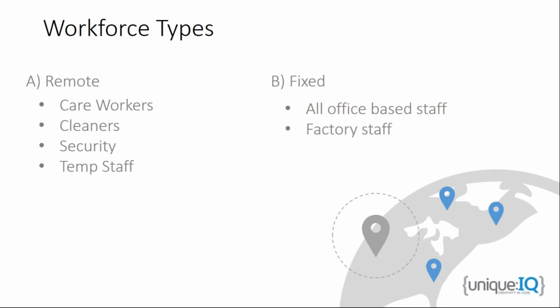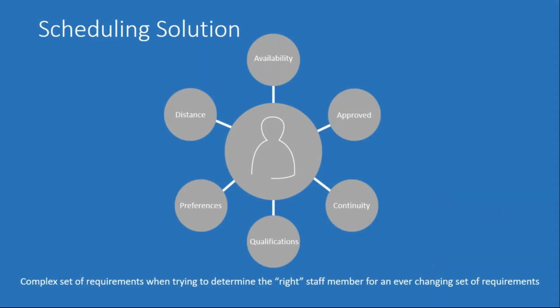There are other types, for example, office staff and factory staff going into a fixed location and performing a job. So the scheduling element here, I'm not necessarily talking about project planning or resource allocation within a fixed environment. I'm talking about remote workforces where there are multiple shifts. And on that, there is a myriad of different challenges that a care company, a cleaning company, whoever it might be, has in terms of planning